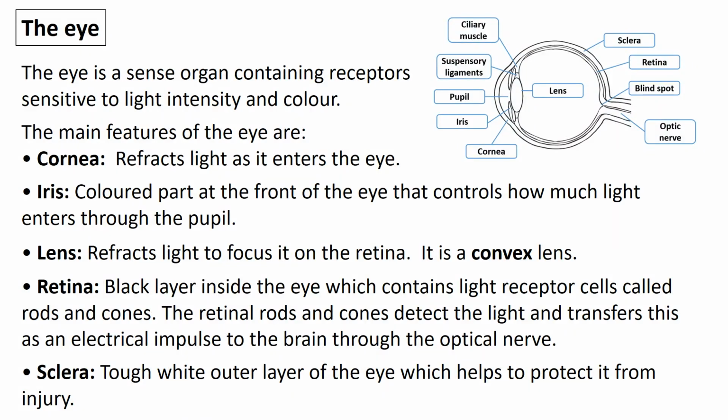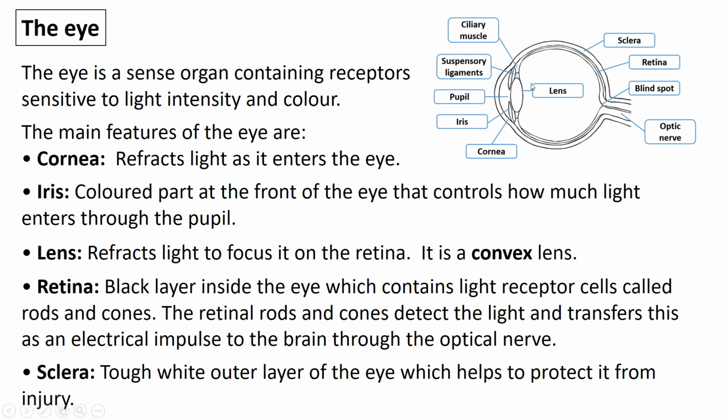Okay, another sense organ that we'll explore when we're doing triple is the eye. And so the eye is your sense organ that contains lots of receptors which are sensitive to both light and colour. And the main parts of the eye, you've got to be able to label them, but also be able to explain their role in being able to see images. So the first bit that you need to be aware of is the cornea. And the cornea is the front clear bit of your eye. And that's the first place where light passes through, and there is some refraction or bending of light as it